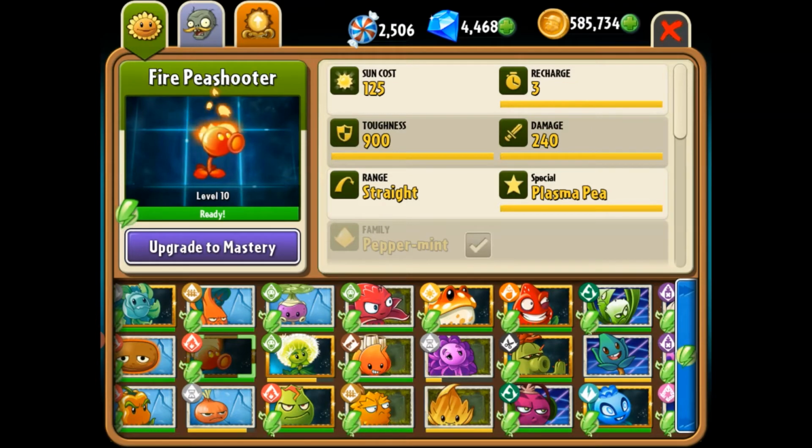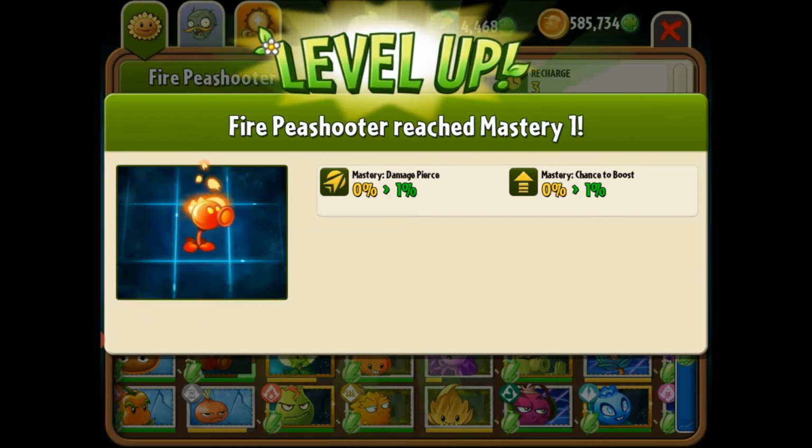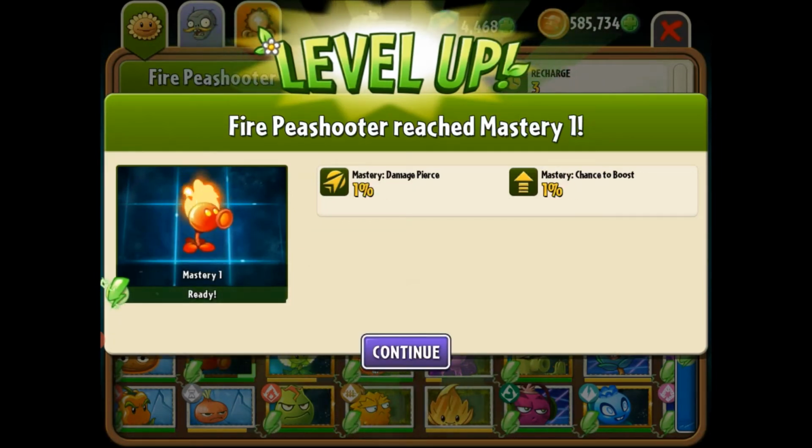So here's a level 10 one that I have. So when you upgrade to mastery, watch what you get. You get a new category. Mastery, damage pierce, mastery, chance to boost. So damage pierce means the percentage chance that your whatever the plant's weapon is, when it hits them, goes through whatever armor they have and kills them pretty much right away. And chance to boost is when you set it down, it automatically uses its plant food power immediately, then defaults